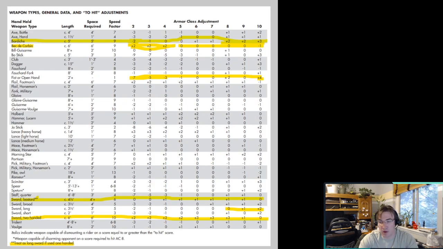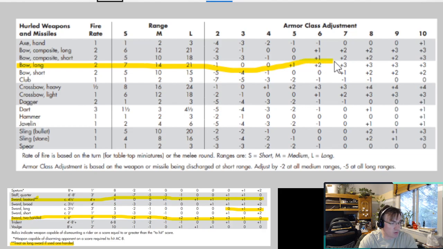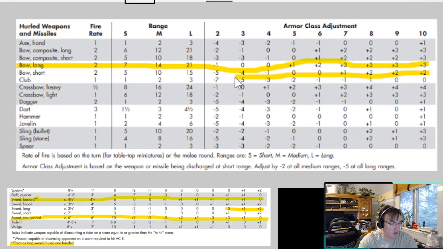AC adjustments for ranged weapons are interesting as well. So here's our ranged weapons. One interesting comparison is the longbow versus the short bow. They look pretty similar at the high end, or at the high AC end, where you've got unarmored creatures. The longbow's a little bit better, and it starts to get better and better. And then way down here at heavily armored things, the short bow looks pretty sad, while the longbow is still